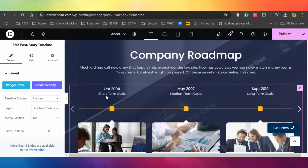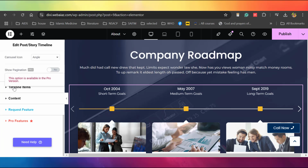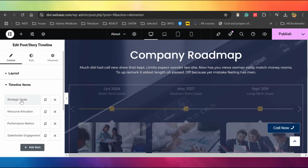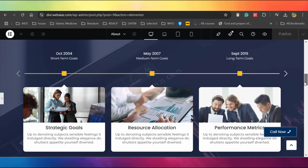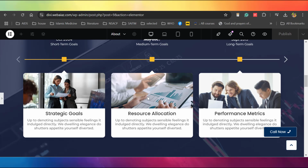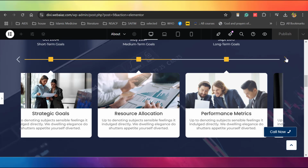So here you can edit. Go to content, a slide to show the 3 items, and go to the timeline items. Here you can give the timeline items. I'll show you. So this is the 3 items it's showing, but once the customer clicks this arrow, it will